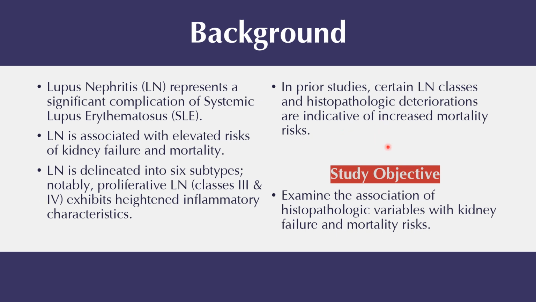Prior studies have identified associations between specific LN classes and histologic findings with renal outcomes and mortality. Our study seeks to further explore these associations, aiming to provide a clearer picture of the implications of lupus nephritis